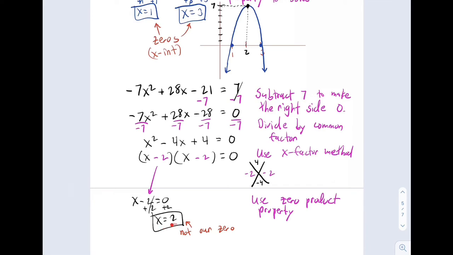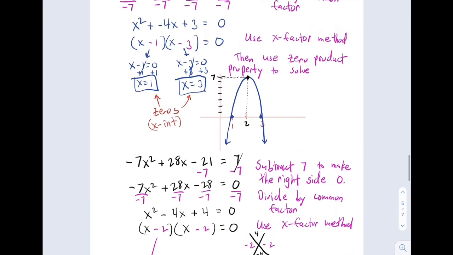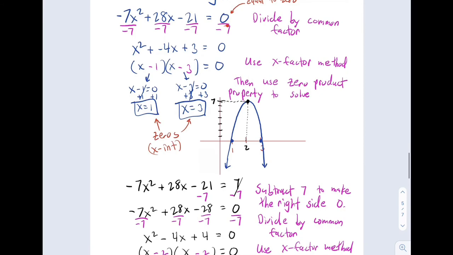Okay, so when x equals 2, our height is 7. When x equals 2, our height is 7. So that's a little difference. When it's equal to 0, in the beginning, that gives us when the height is 0. We got two answers, 1 and 3, when the height is 0. When it says equal to 7, it means when its height is at 7. So when height is at 7 and then you solve it, you get 2 is your x value,